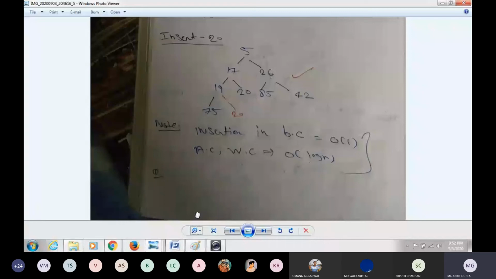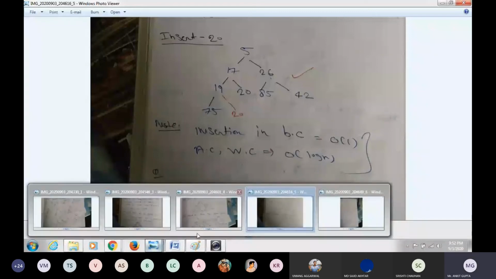Correct. Page number 6. Now I will discuss the deletion